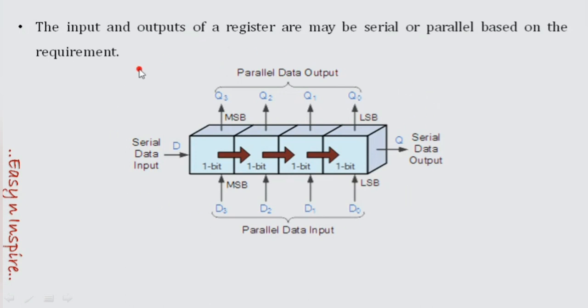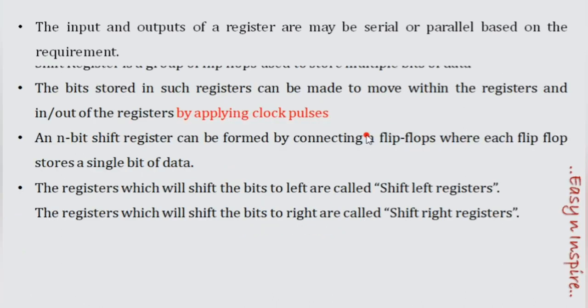Remember this one carefully. So all the flip-flops are arranged in series. So data is given here, input, and here is the output. So for these flip-flops, input is serial and output is serial. But here input is serial, output is taken parallelly for each flip-flop. So remember how a serial input is given, how a parallel input is given, parallel output and serial output. This is very, very important. And next we'll see what is a shift register.